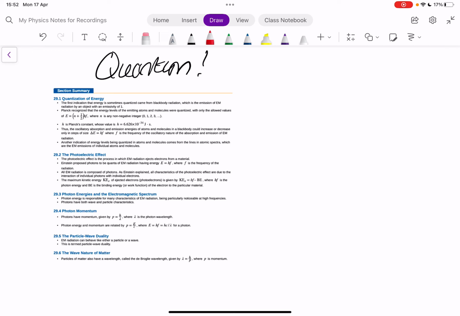The easiest one of these to really get your head around to start with is charge. For instance, we can have atoms that have all sorts of charges if they get ionized, but those charges are always multiples of e. They're always multiples of the charge on an electron. And charge is quantized in the value of e, or 1.6 times 10 to the minus 19 coulombs. It comes into energy in this first section with the idea of energy levels.